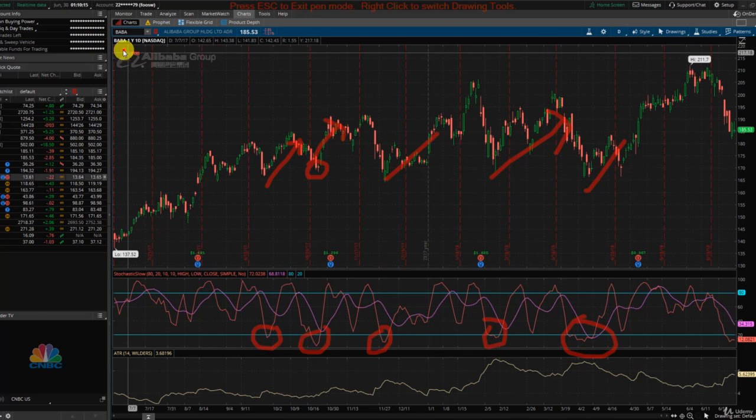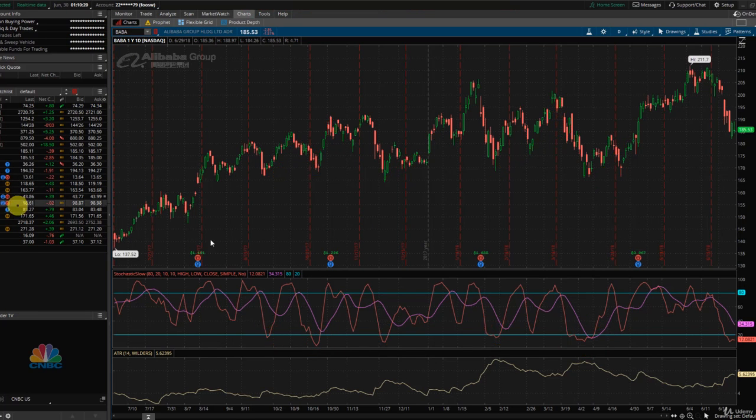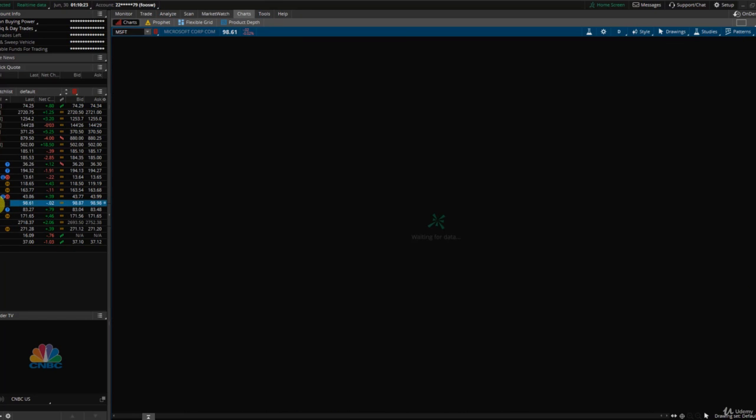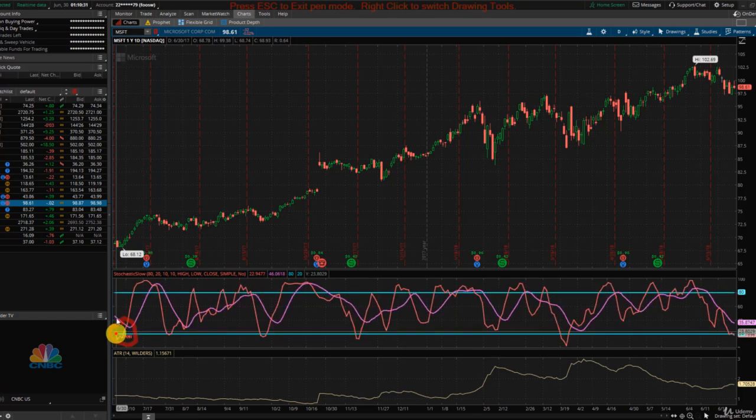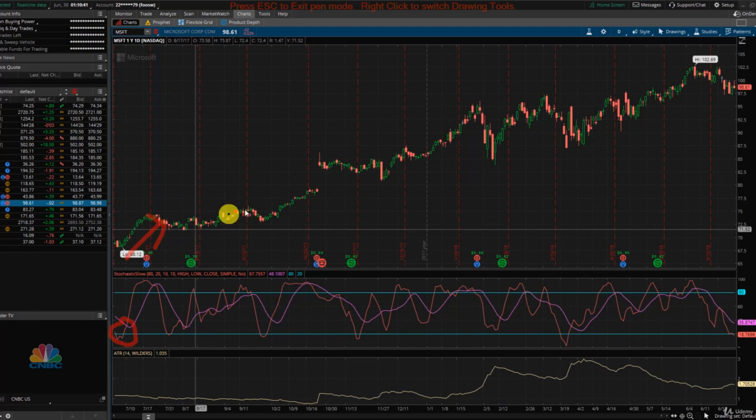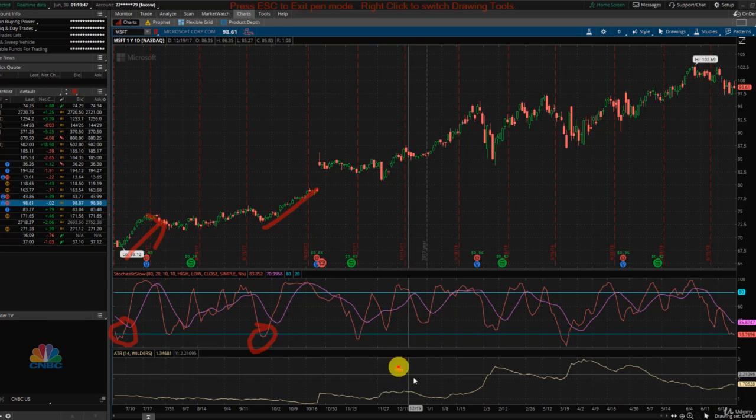It is not only on Alibaba. We can just take a look at any other stock. On my watch list, let's take a look at Microsoft. The same thing will happen. Over here, we have a stochastic indicator, and then Microsoft went up. Over here, there might or might not be a signal, but even if you take this signal, you'll be fine. And over here is clear cut, there's a signal, and then the stock just goes up.